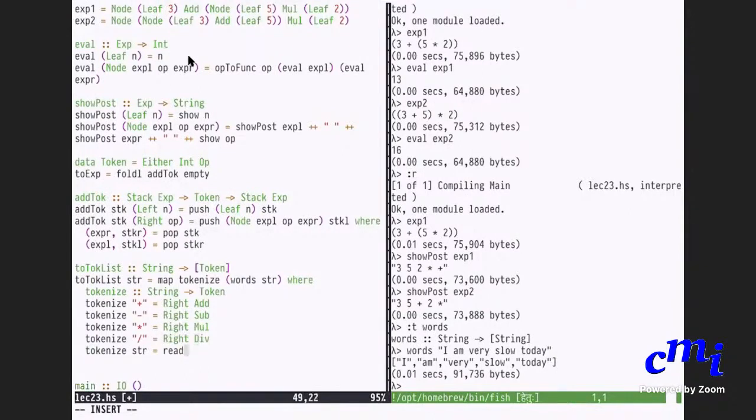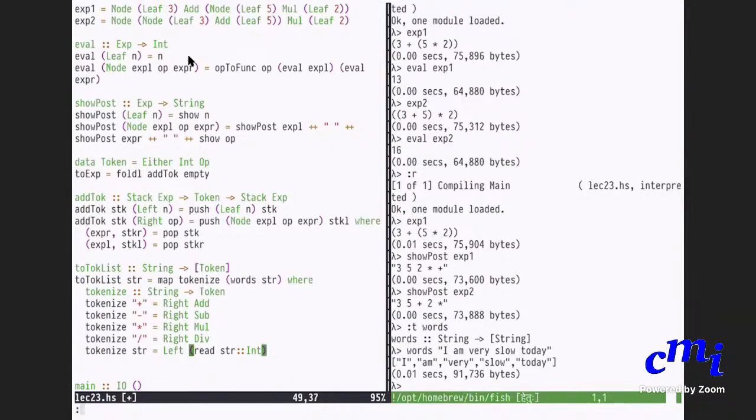And here I will put left, and I'll just say read the string and interpret it as a number. If it cannot be interpreted as an integer, it will give an error. But that's all we want to do. So if your input string contains other spurious characters like the letter A, this function will fail. But I'm not bothering about too much error processing. Okay, so this is it. So now you can actually see what it means to convert to token list.